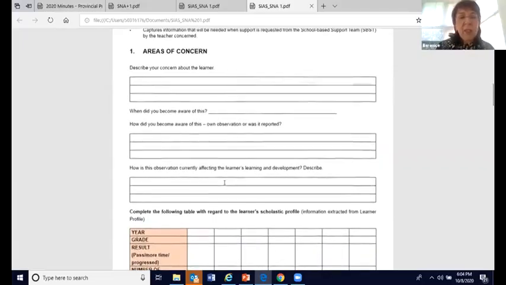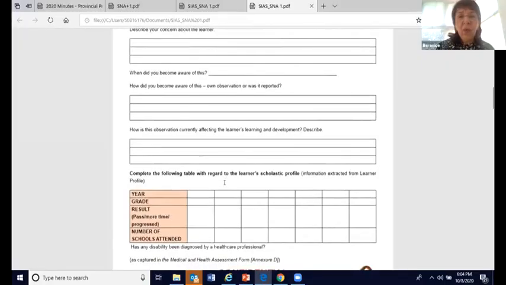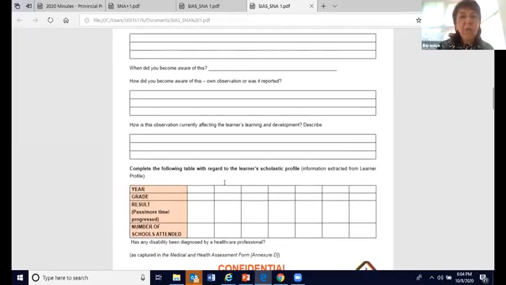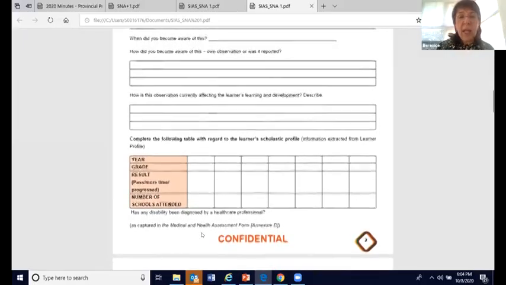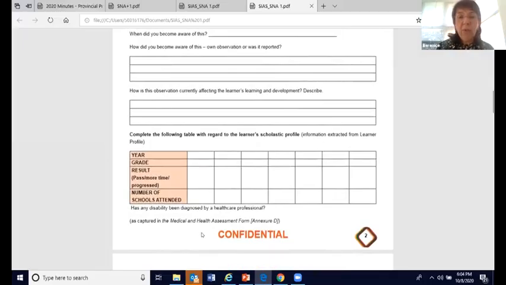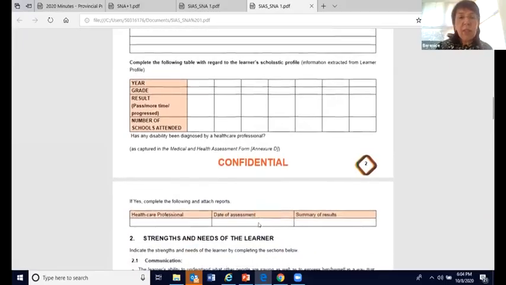Next, it asks you to complete the following table with regard to the learner's scholastic profile, the year, the grade, the result, the number of schools attended. It asks, has the disability been diagnosed by a health professional? So that comes back to Linnea's question, and then you'll see there is a form that could have been completed.